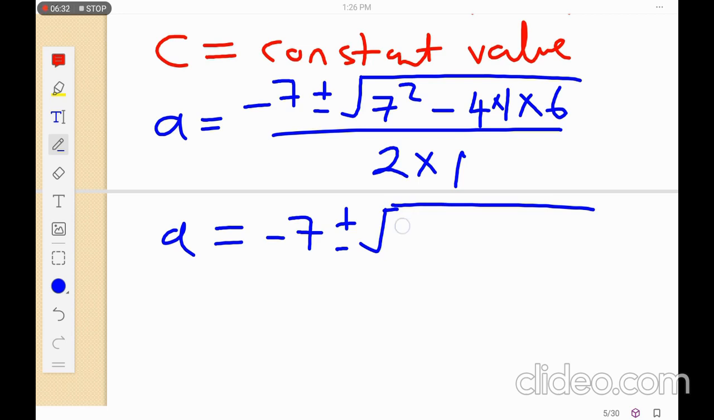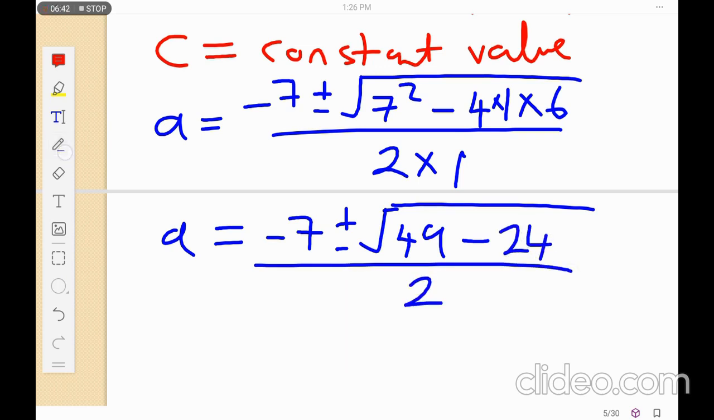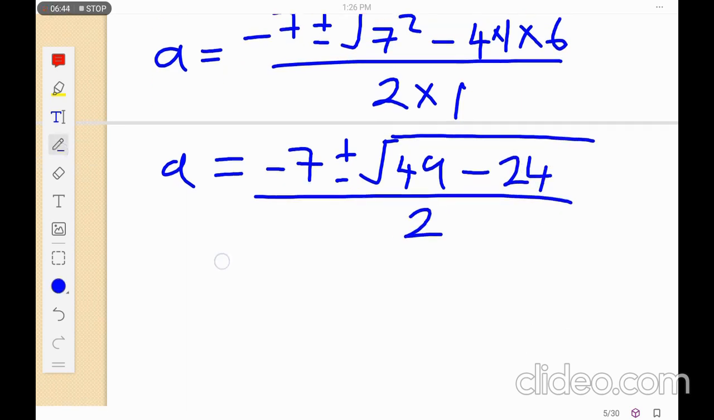So we have got 49 here. Then minus 4 times 1 times 6, we get 24. So we have minus 24 here all over 2. Okay, let's simplify. I'll get minus 7 plus or minus square root of 49 minus 24, we get 25 here